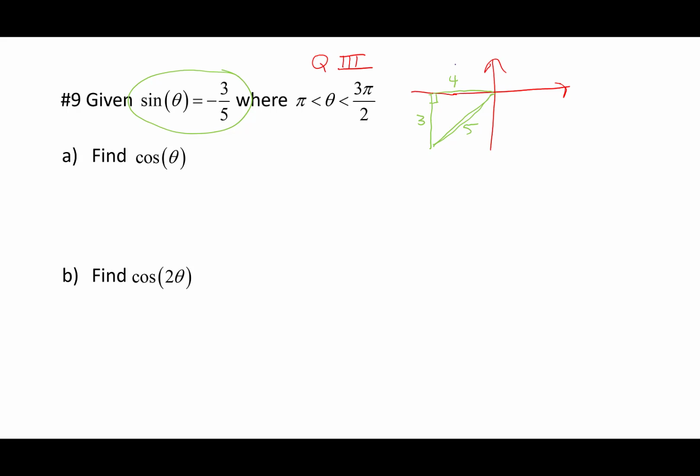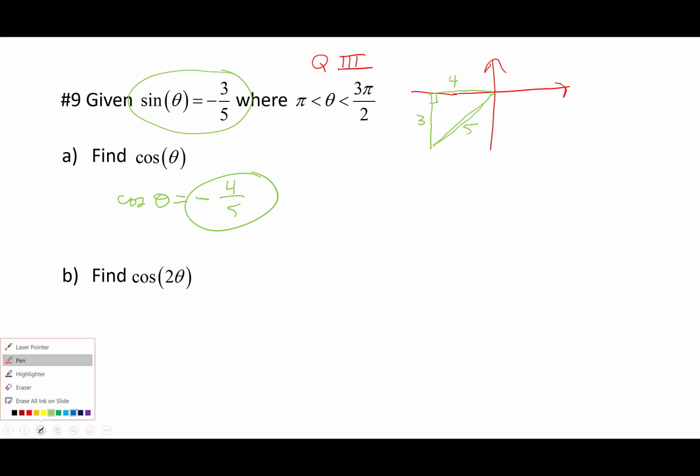So to find the cosine of this angle theta, it would be negative in quadrant 3, and it would be adjacent over hypotenuse. So we would end up with the cosine of theta is negative 4/5. Okay, and we have one more part to this problem. We want to find the cosine of 2 theta. So the cosine of 2 theta